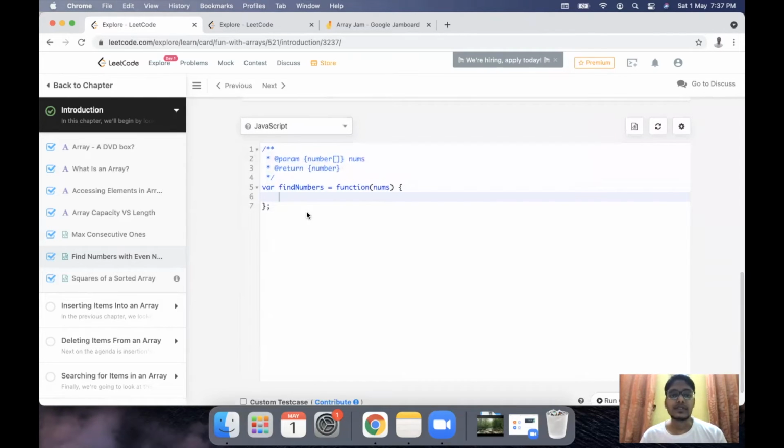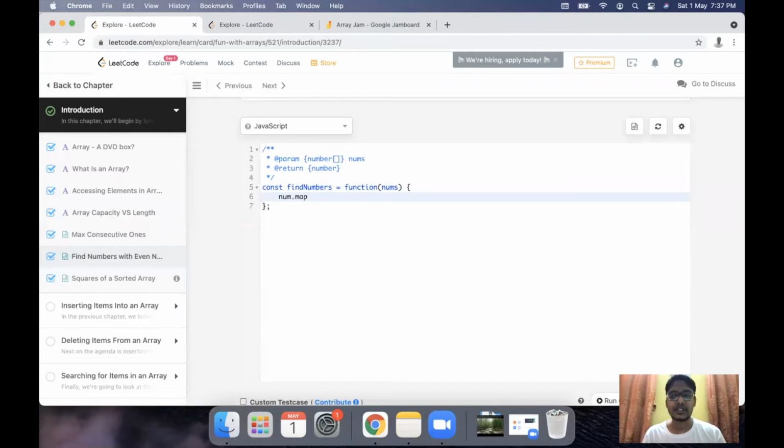text box, in which we can write our code. We can select all kinds of languages. I am selecting JavaScript because, as I mentioned, JavaScript is my primary language for coding. So I have an input here which is nums. I don't like using var, so I'm going to rename this to const.